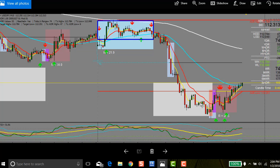So what I was looking for was I actually saw a W right here, and I took this trade somewhere in this area right here. It actually did drop lower. It took out the low, but since my stop was 10 pips down below here, I didn't get stopped out. I remained in the trade, and then it eventually moved in my favor here, and it moved up, and I decided to get out right here with a 10 pip gain, right at the water. So that was the trade today, USD JPY,